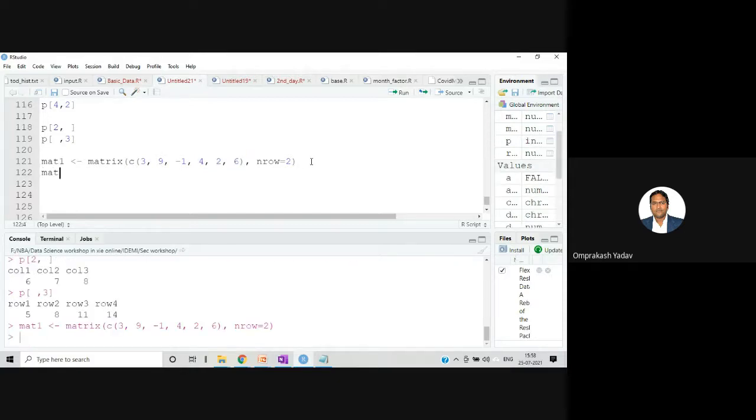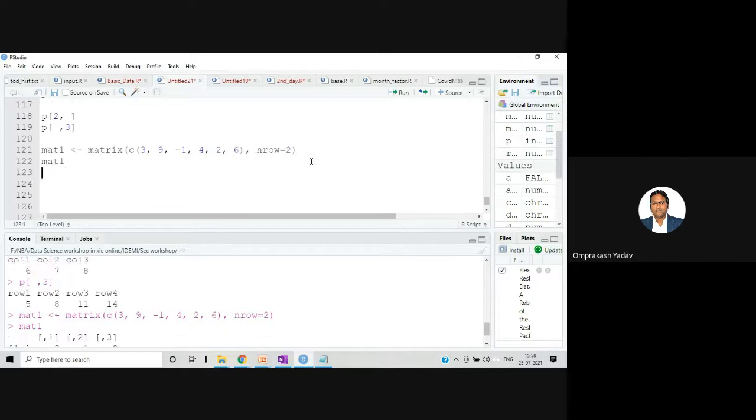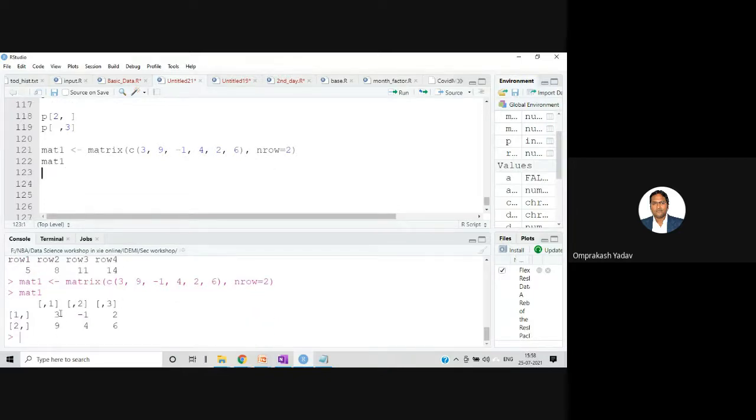I'll try to print mat1. If we see here, it's giving me 3, 9, -1, 2, and 2, 6. There are 3 elements in the first row and 3 elements in the second row, and it has completed 6 elements. The parameter I have not mentioned is byrow equal to TRUE.